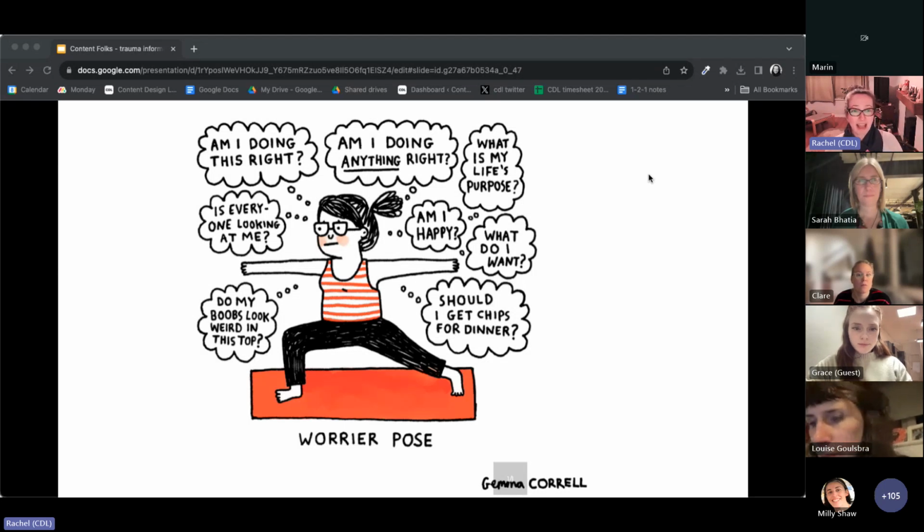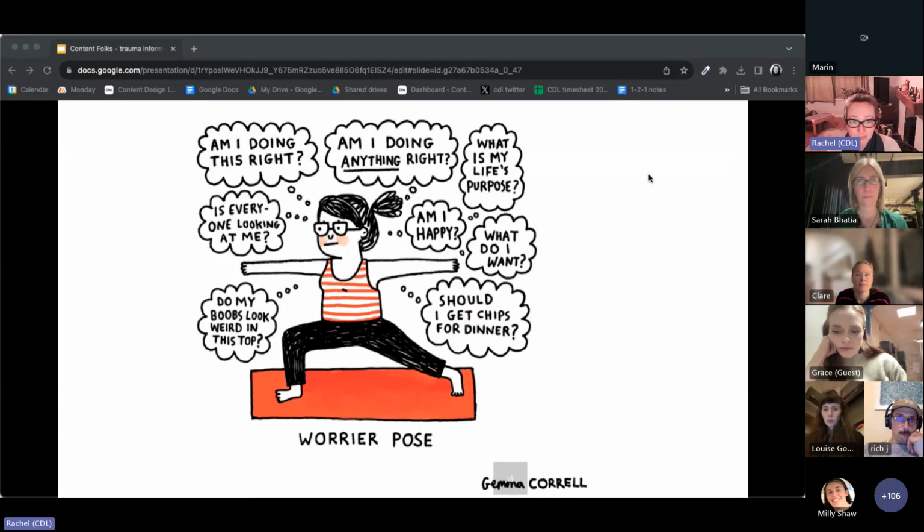But let's jump in. And I don't know about you, but I am a worrier. And I've got a cartoon here that I really relate to. It's a woman doing a yoga pose called the Warrior, but it's been renamed the Worrier. And as she's meant to be freeing her mind, instead she's running through all the things she's worrying about. My favorite is whether she should have chips for tea, and the answer to that is always yes. But that's me, and it's probably all of us at one time or another, because stress surrounds our lives, and